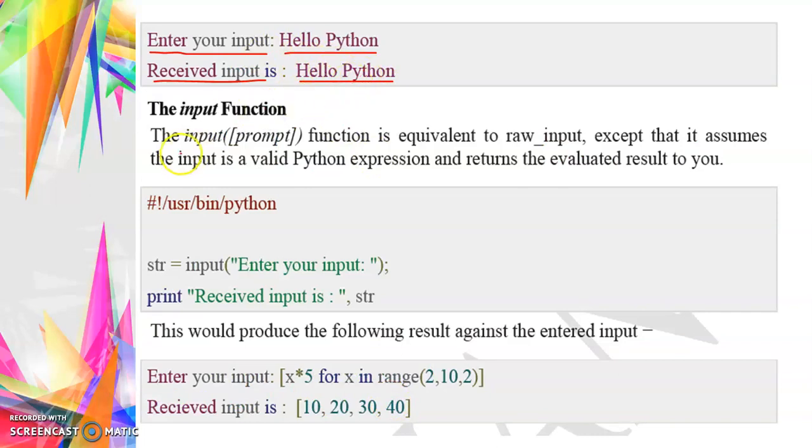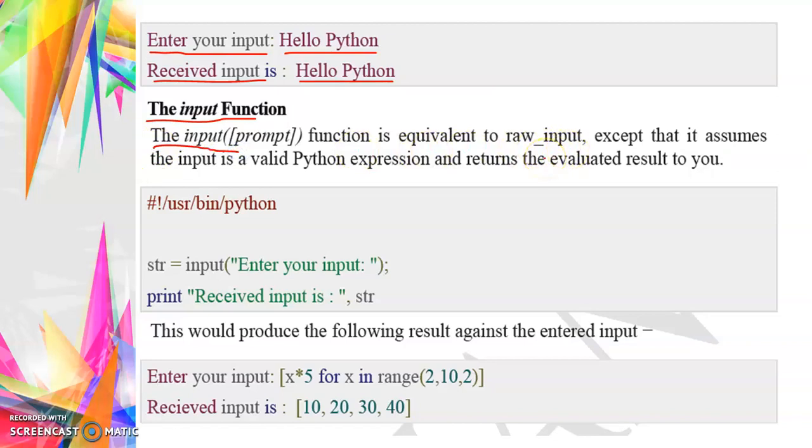Next one is the next predefined function for getting the keyboard input, that means the input function, right? Before that, what is the meaning of prompt? I already told you that prompt means getting the input from the user side. The input prompt function is equivalent to raw input.